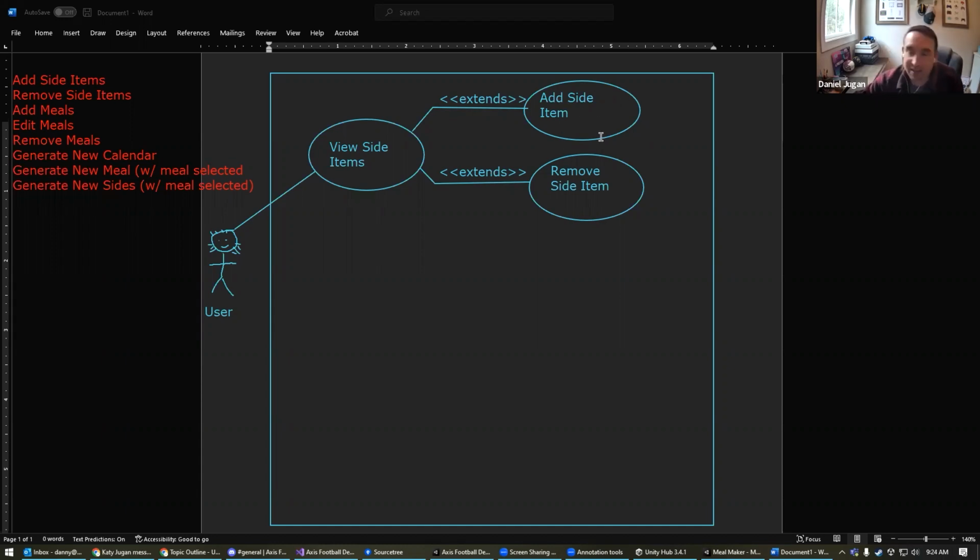You can do this. Extends is a little bit like includes. There's a little bit of gray area around it, and it's sometimes difficult to understand. The way that we initially talked about extending is when you have a specialized type of action that you are doing. Let me rephrase: you have a generic action, and then it splits into more specialized things that can be done from there, which is kind of what we're doing here. So I would agree that extends applies to this situation. Okay, so based off of this, we're going to do something very similar to our